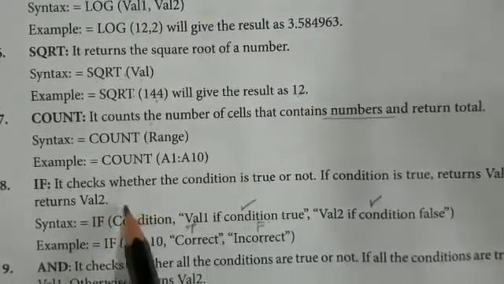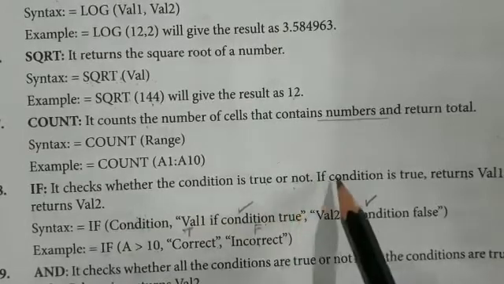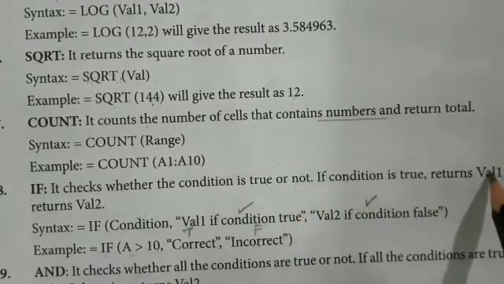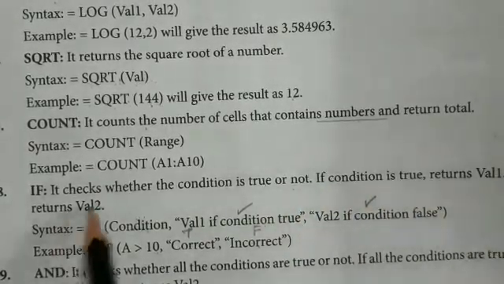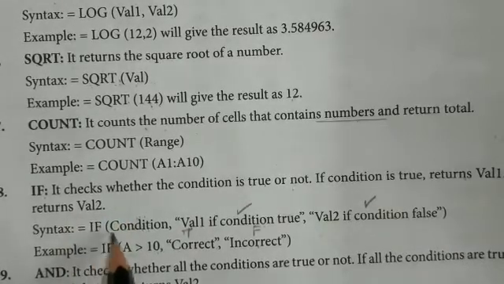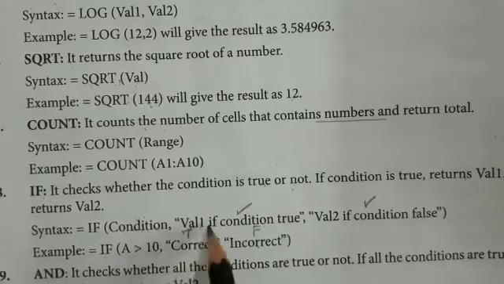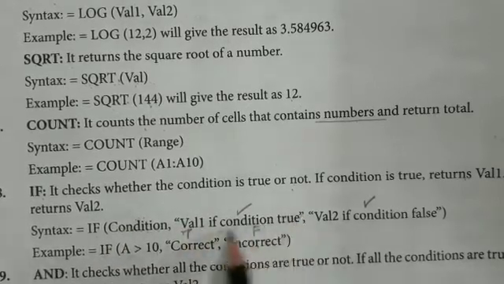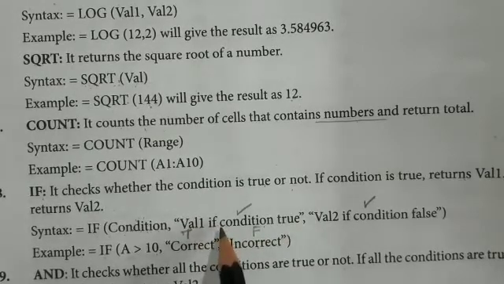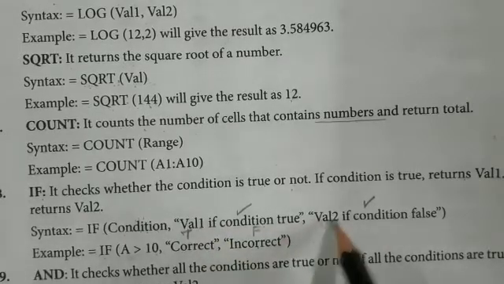The IF function will check whether the condition is true or not. If the condition is true, it will return the first value, otherwise it will return the second value. Let's see the syntax. Equals IF, in parenthesis the condition, then a comma, in inverted commas the first value, what to be displayed if the condition is true, comma, in inverted commas the second value if the condition